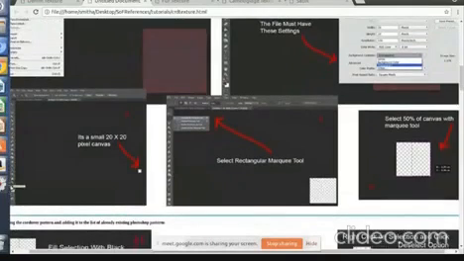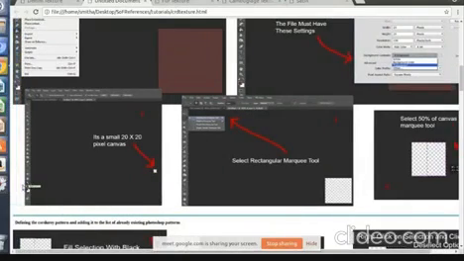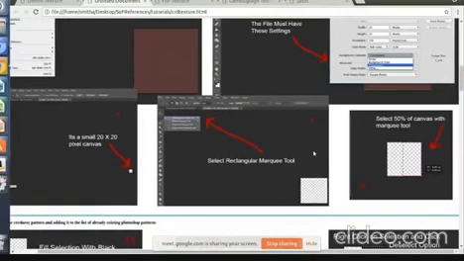Now here in the foreground color, you have to double click on it and open this dialog box, and then you have to change this color to black. From burgundy, you change the foreground color to black. After doing that, you have to zoom in and make your screen a little bigger. Why? Because the canvas is really small. It's just 20 pixels in size.